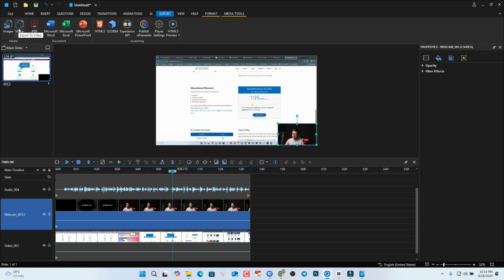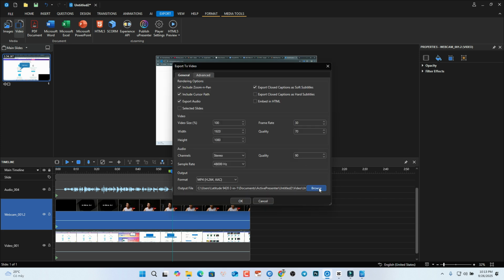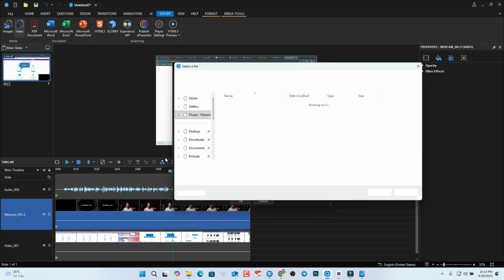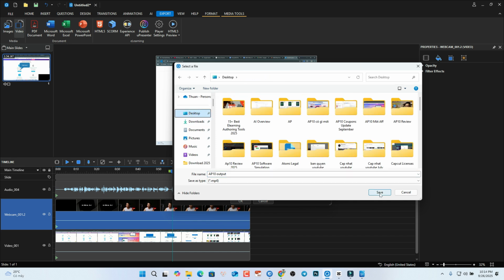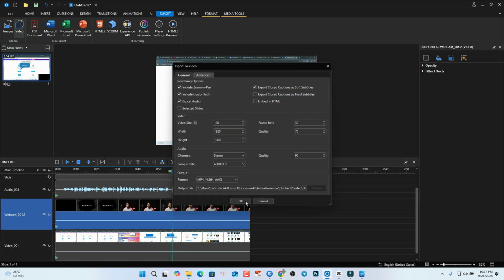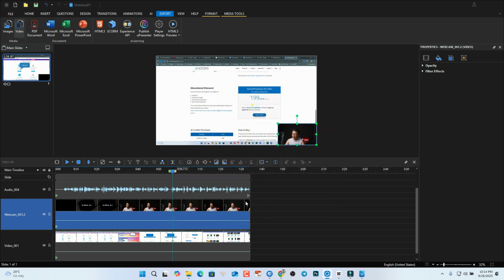And remember, if you are using a free version of ActivePresenter, you can still export it into video format. Okay, just click the video and then just leave it by default, and you need to click here, browse, and change the name so that you recognize the output on your computer. Okay, so this is ActivePresenter 10 output. Okay, so I will put it right here at the desktop and click save, and now I can click OK,